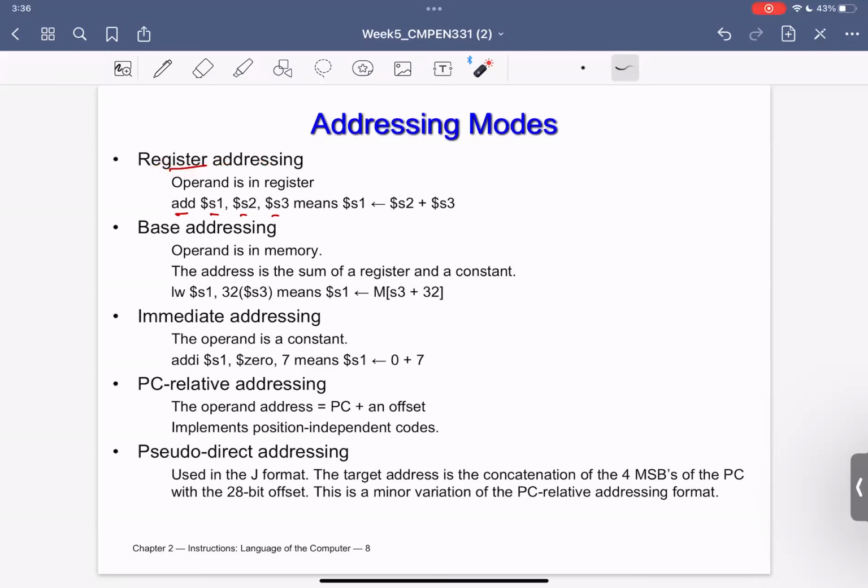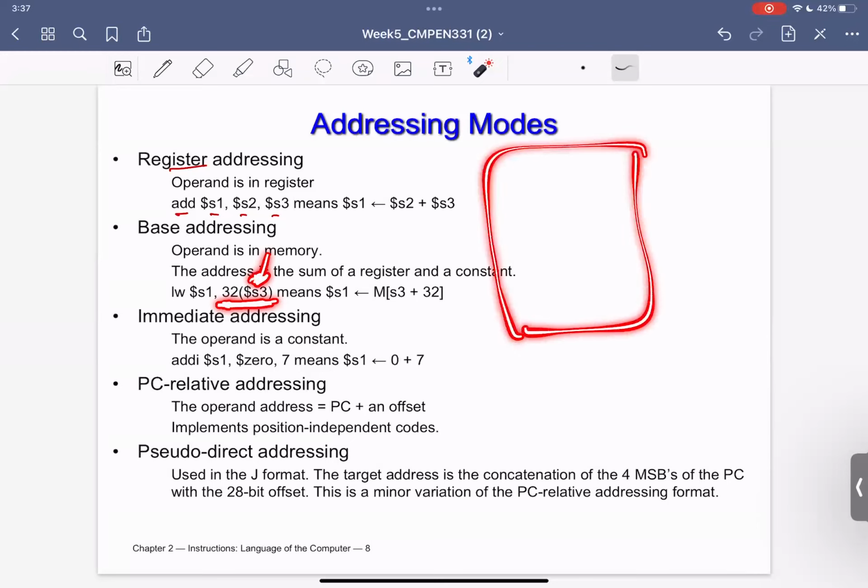Another address mode is called base addressing. An example for that would be load word or store word. Of course, I am telling you, please go to that particular address. How will you go to that particular address? You will go to slot number S3. You will go see the table, where is S3? So this is my slot. Suppose that this is S3. You will read the value that is there. And then you will add 32 to that particular value.